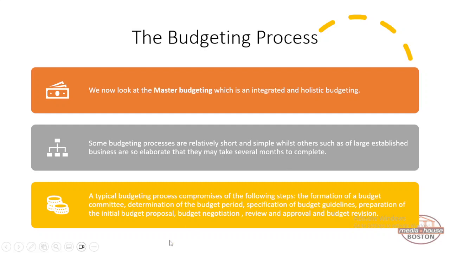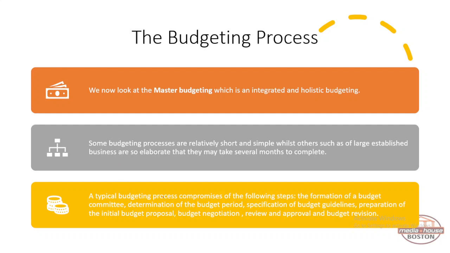So depending on how big the business is, we expect the preparation of a master budget to take a longer period. If it is a small company that only has 4 or 5 divisions, we expect it to take less than 2 months. If we're talking about a company that has over 5 divisions or departments, then we expect it to take longer, because every department will have to come up with their own budget based on their own operating activities, making sure that they are all in line with the business objective.